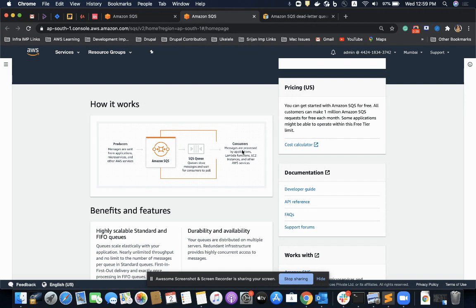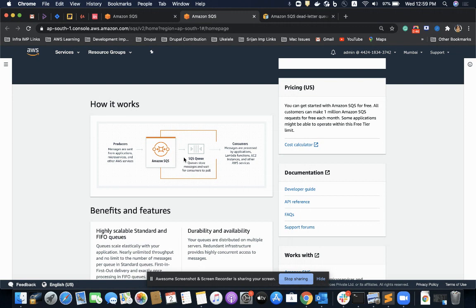Say consumer one polls for the message and then consumes it for the visibility timeout set, and after consuming it, it releases the message back to the queue. Then the message is again available for other consumers to consume. Then consumer B consumes it and then releases. By that time it becomes unavailable for other consumers, and then it releases it.